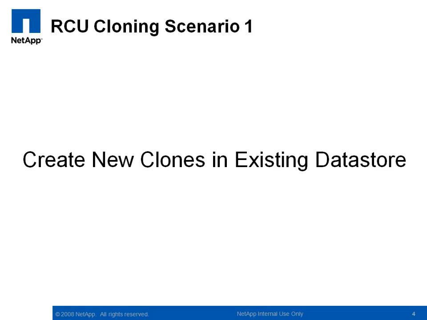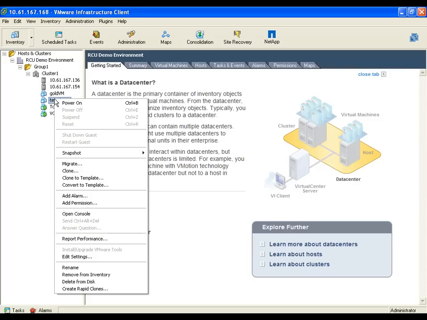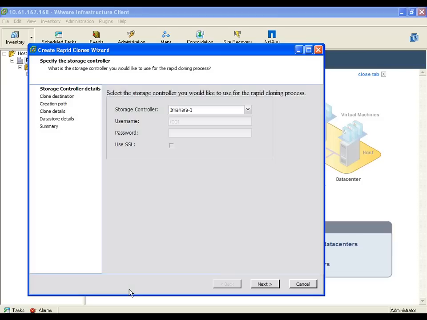We will start by using the RCU to create several clones of a previously existing virtual machine template. This is essentially the same operation as the native cloning capabilities of vCenter. The rapid cloning utilities can create clones of any virtual machine template or powered down virtual machine. To start the rapid cloning process, the administrator simply right-clicks on the template and selects the new Create Rapid Clones